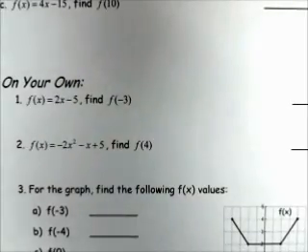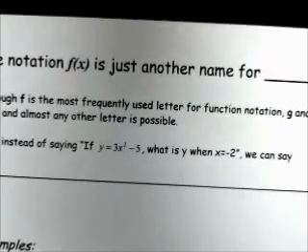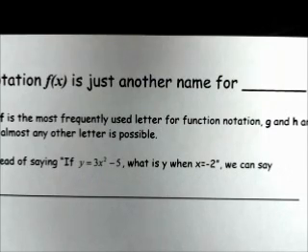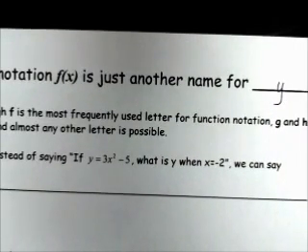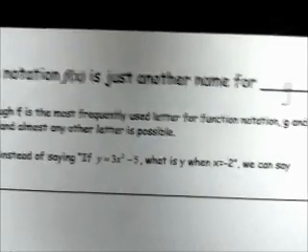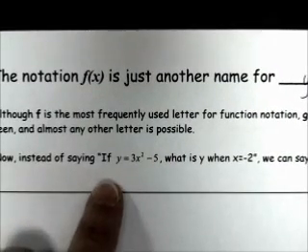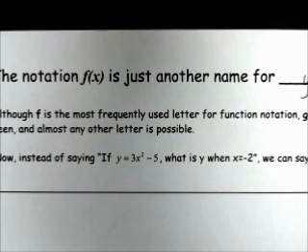Next, page 5, the notation f of x is just another name for y. Although f is the most frequently used letter for function notation, g and h are also commonly seen, and almost any other letter is possible. Now, instead of saying if y equals 3x squared minus 5x, what is y when x is equal to negative 2? We can say